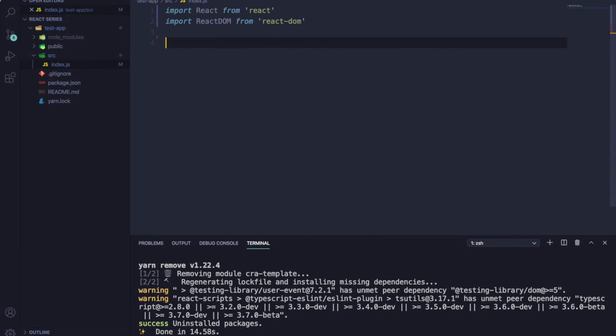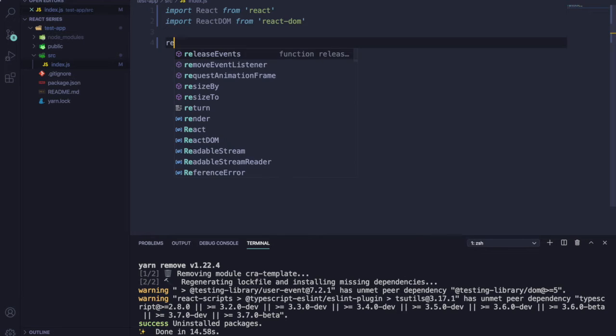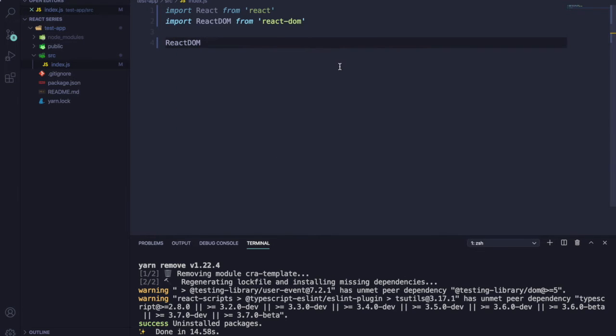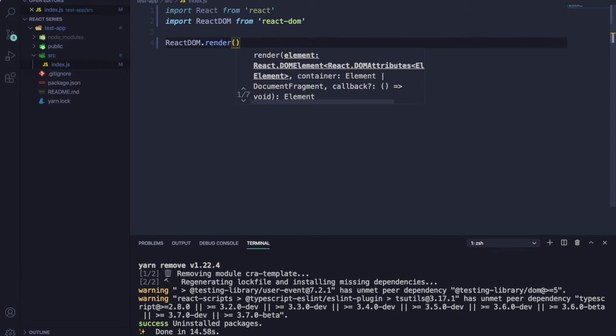And so you have to import these two things. The index.js file needs to import React DOM. I'm going to show you why. Next thing we do is we have to basically render everything in our way to create a React DOM. So we type ReactDOM.render, and here we're gonna have two arguments. The first one is gonna be what we're rendering, and then the other one is gonna be where we're rendering it. So for where we're rendering it, we have to do a document.getElementById,